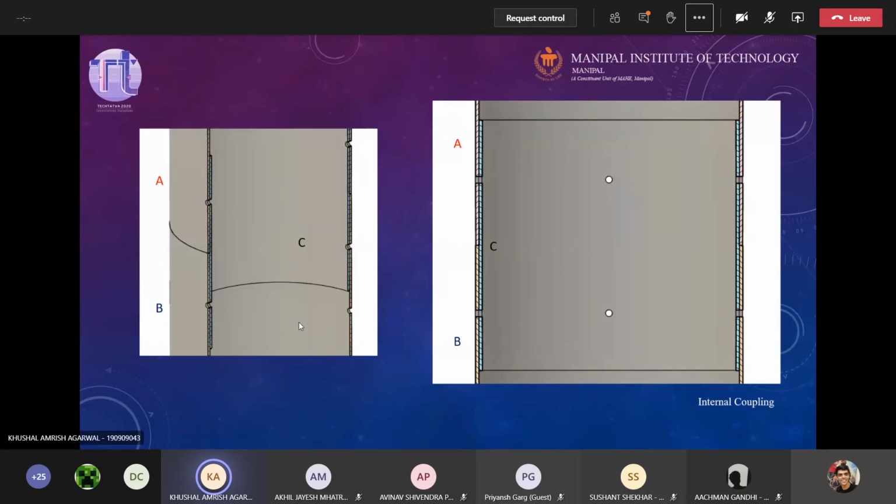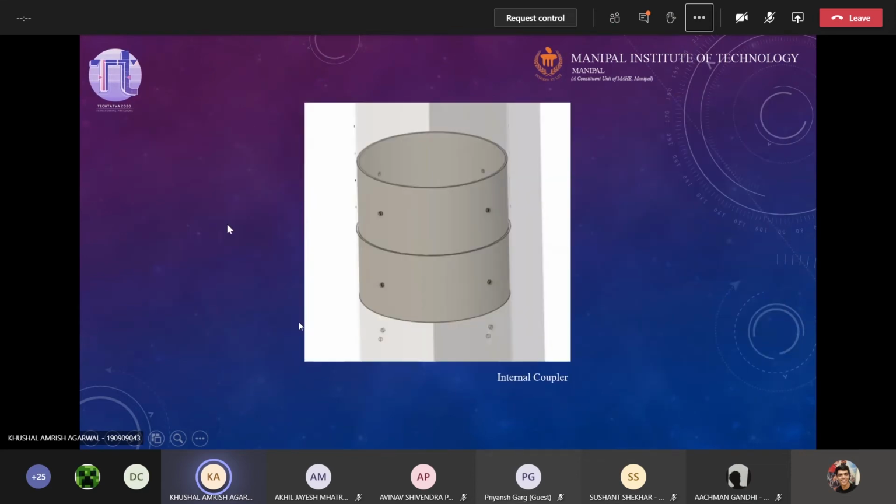Now what we do is slide it exactly in between the two body tubes, and we bolt them together, as you can see in the first slide. This is mainly internal, so it doesn't mess up the aerodynamics of the rocket, which is the case in the external coupling.